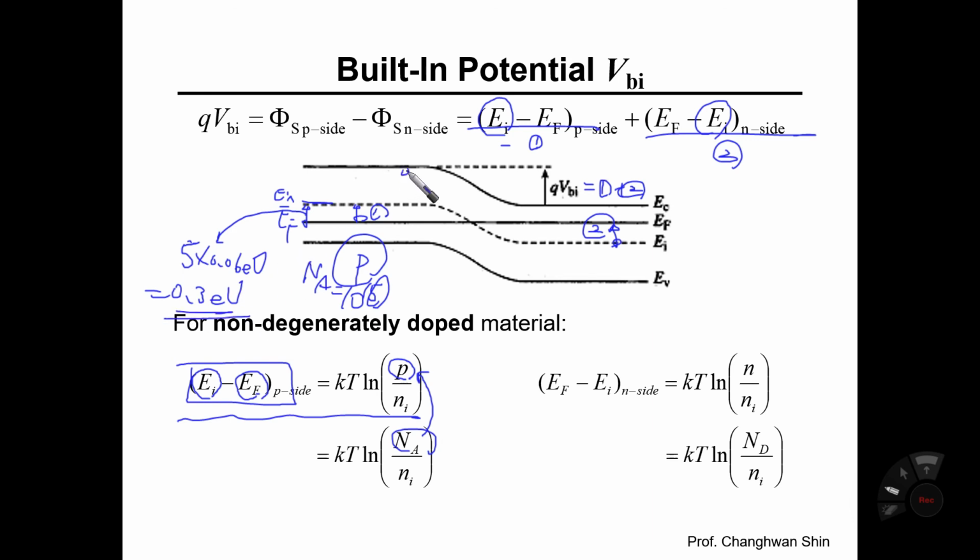Okay, so the band gap energy is 1.12 electron volt, but this EI minus EF is 0.3 electron volt. So you can do this practice by yourself, and since we have already done this practice a lot, now you can quantitatively as well as qualitatively analyze the PN junction diodes and band diagram. Okay, so here the key concept is that built-in potential can be estimated from EI minus EF plus EF minus EI, or how much Fermi energy level difference has been set up right before